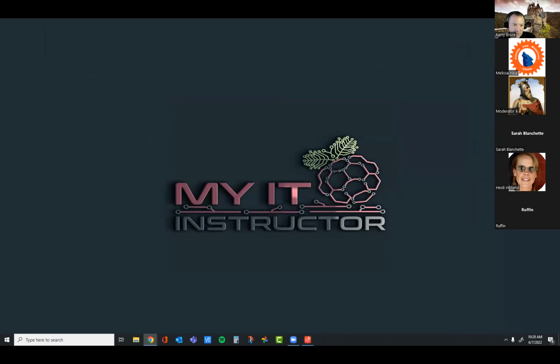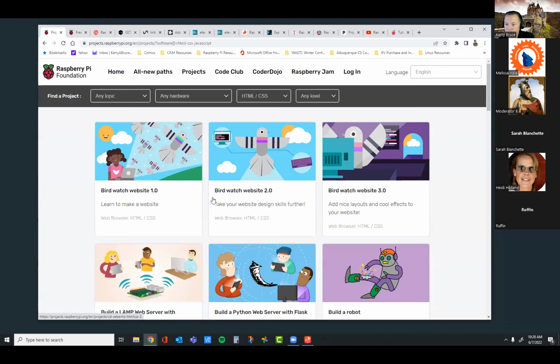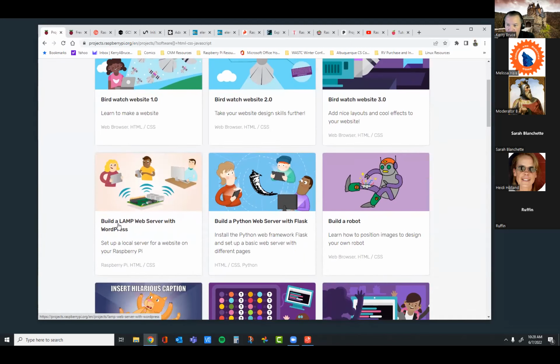So let me look. I saw over here: programming robotics can be merged into projects including machine learning with TensorFlow. Yeah, we could. And can we build a Python-based server with Django? Yeah, you know what? So this is the Raspberry Pi Foundation webpage. The one I was going to do is this one, and the one that you want to do is this one. So I think we can get both of those done this week.